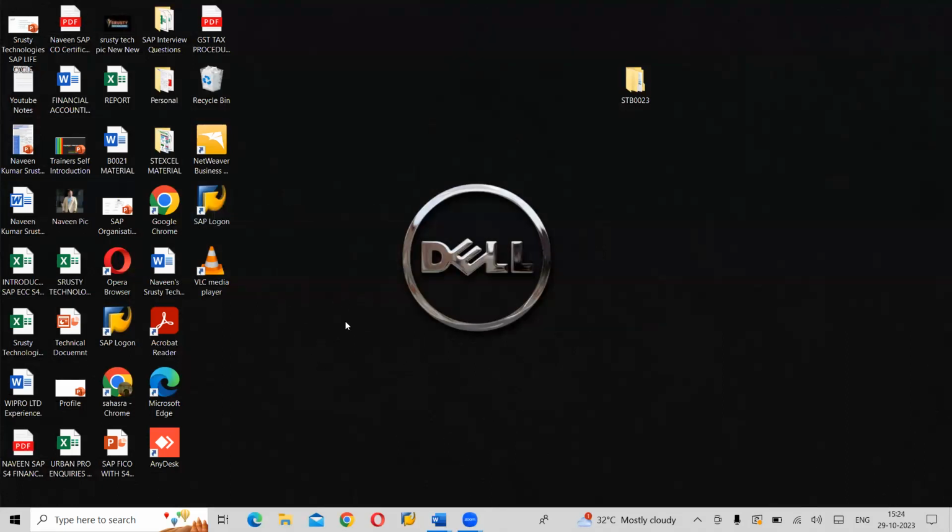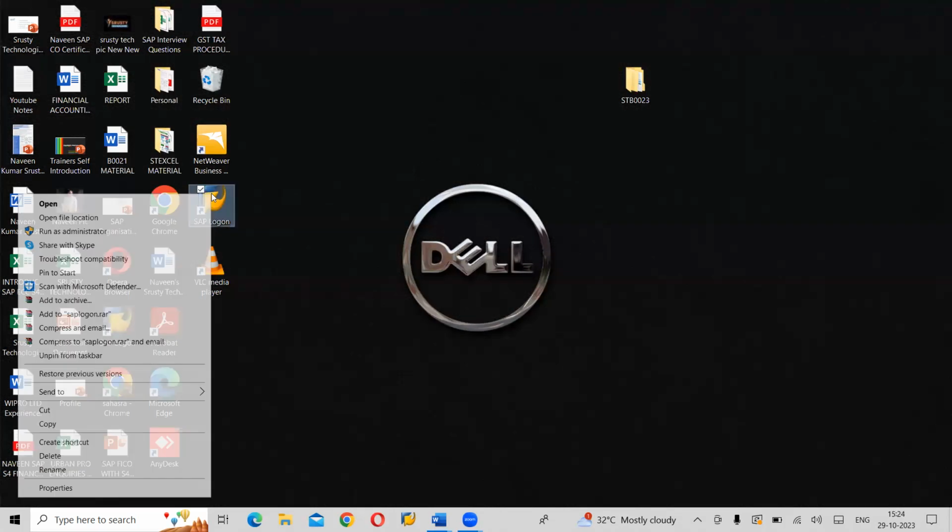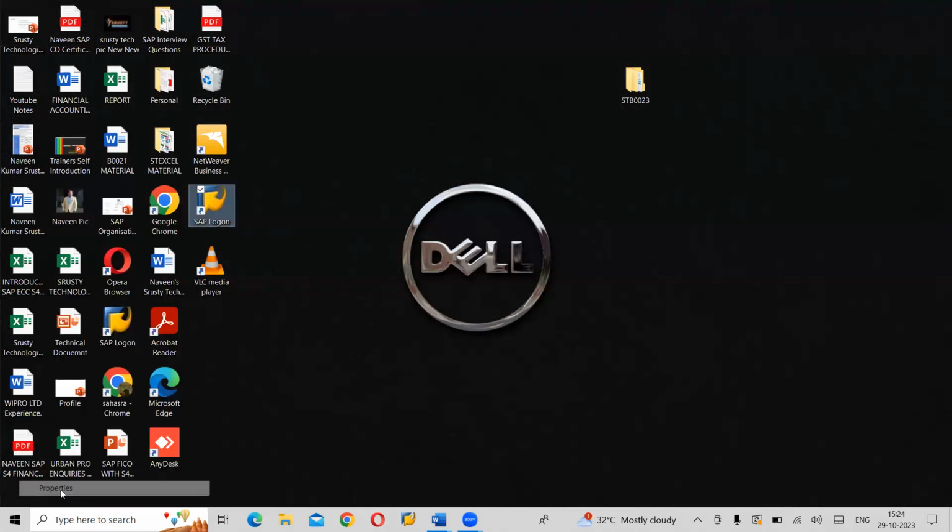So here Minds is right now working on our remote server access. Next week, I'll show you that I have installed the SAP server on another laptop. You can see the properties here, how much space it is occupying.